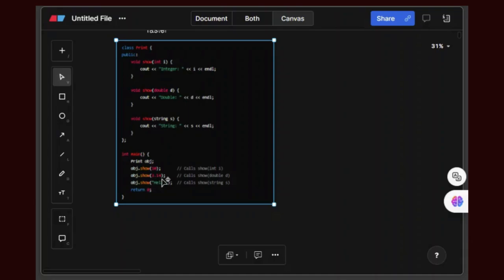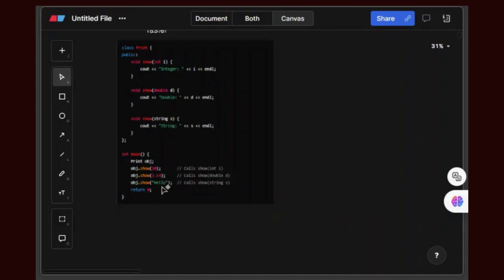Object dot show(3.14) calls the double d function, which is this function. Double and 3.14. Object dot show("hello"): the compiler will automatically guess that this is a string, and in this function I have passed string as a parameter, so it will call this function, cout string and then hello.